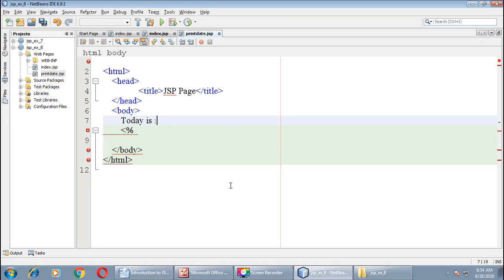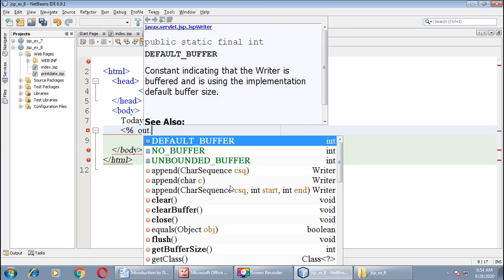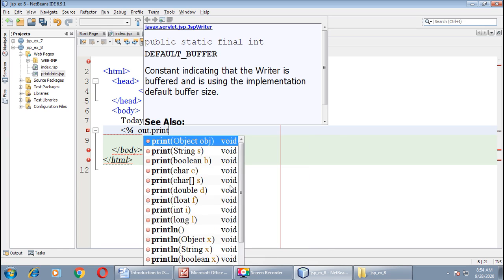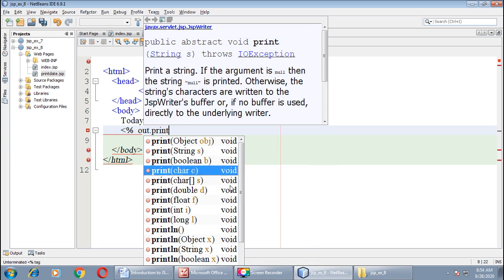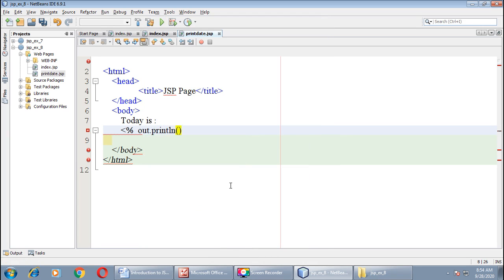Now you can directly write out.println. As you know, out is an inbuilt object of JSP. Inside the brackets